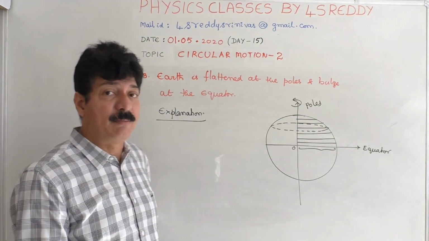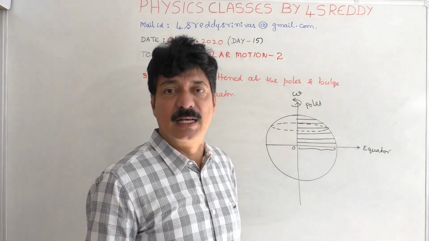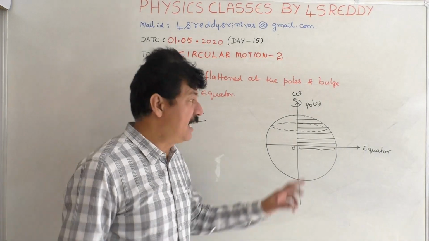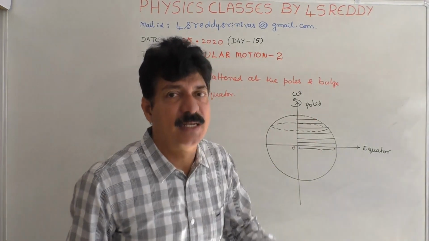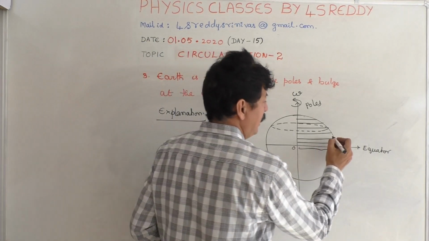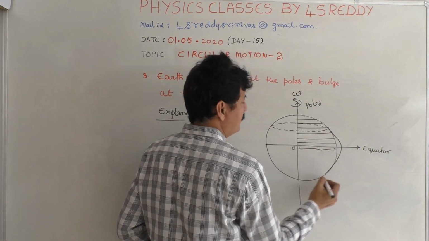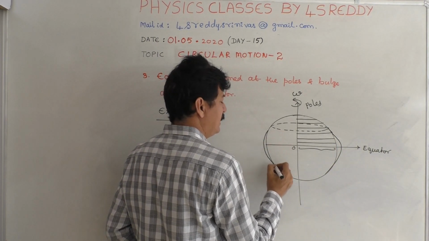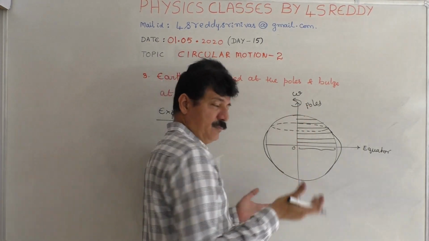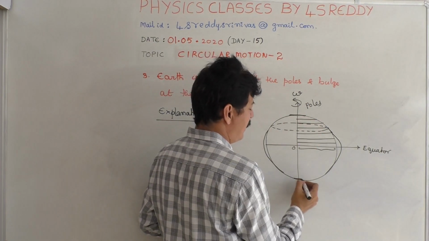We know that F is equal to m r omega square, because this moves with constant angular velocity. m is constant for a given particle, omega is constant, therefore F is proportional to r. As r value goes on decreasing, centrifugal force will also decrease. At the equator, r value is maximum, so centrifugal force is maximum, so all the particles are thrown away from the axis of rotation, so that it is slightly bulged at the equator. On and near the poles, the centrifugal force is minimum, therefore it is slightly flattened at the poles.